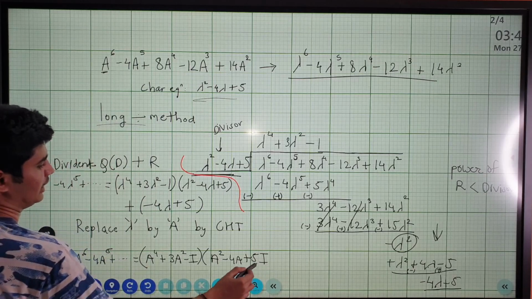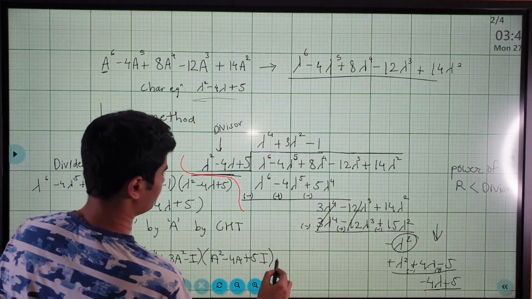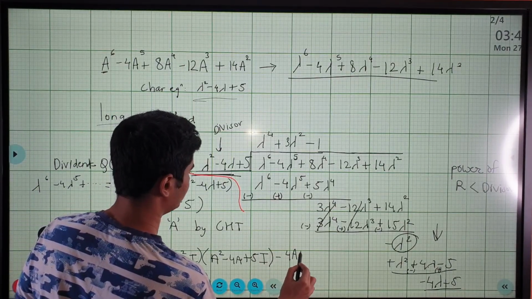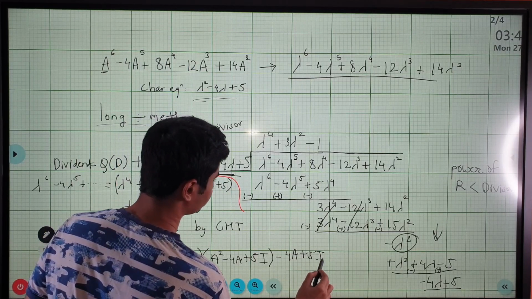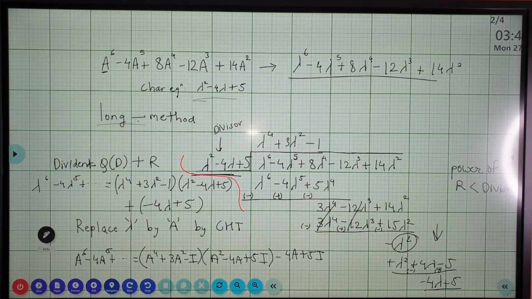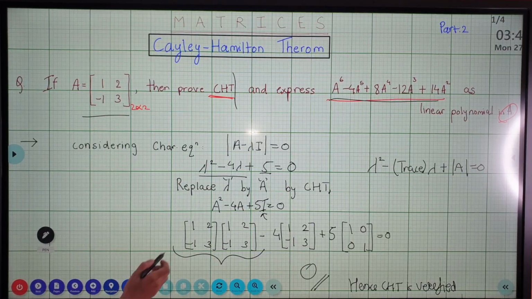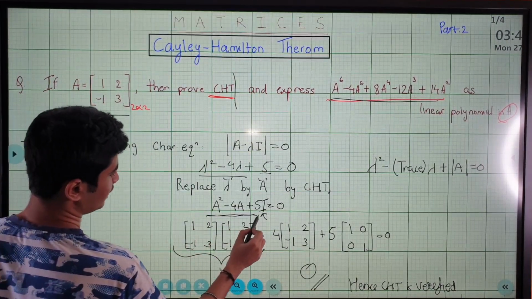So remember to write this I. From the previous page you can see that A square minus 4A plus 5I